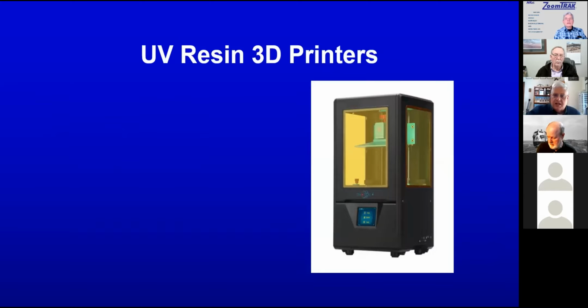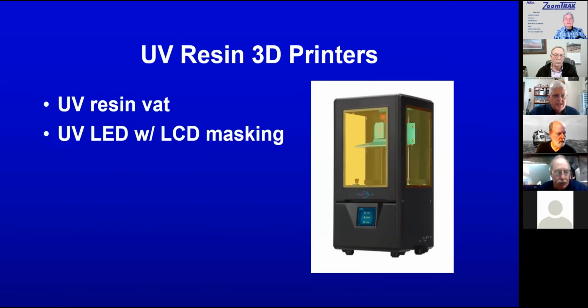You can see it's got a plate on it that goes up and down, and there's a vat of UV resin at the bottom of it. What it does is it uses UV LEDs in the bottom that shine through with LCD masking for each layer, and then the head moves down and gets just a little film of resin between it and the bottom of the vat, and then you expose a layer, and then it moves up a little bit and keeps doing